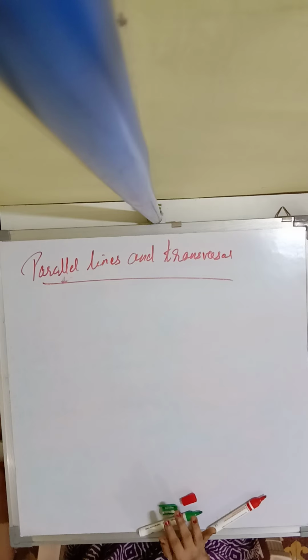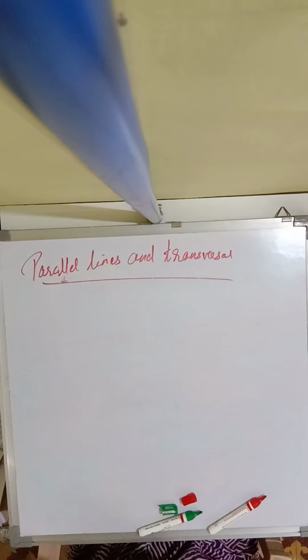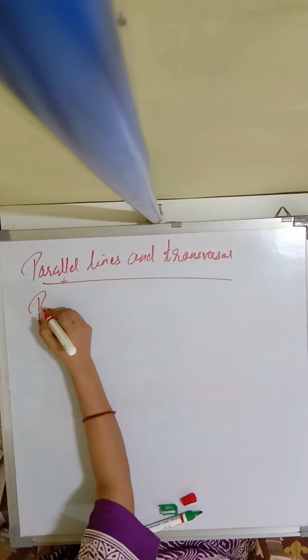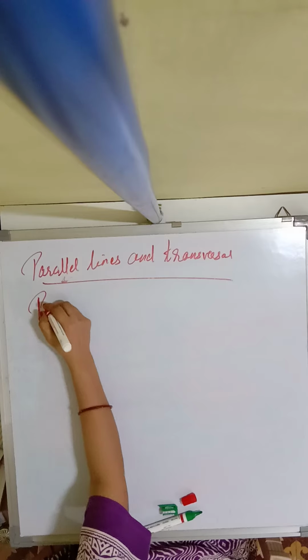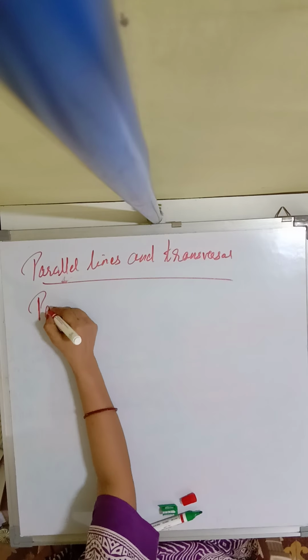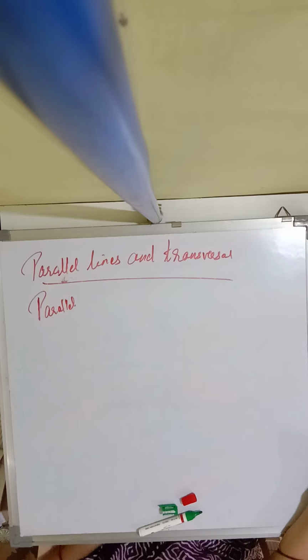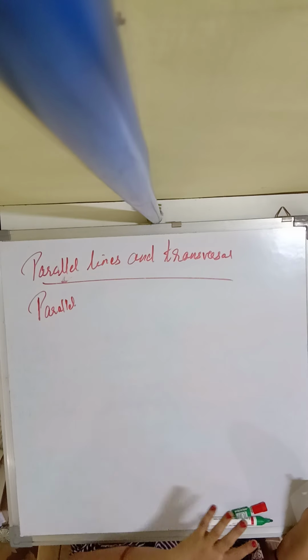Now children, what are parallel lines? You have seen lines, and you have already learned about parallel lines in your lower classes. In 5th and 6th we learned about parallel lines and perpendicular lines. So parallel lines are lines in the same plane which do not intersect. Children, you have seen examples of parallel lines in your day-to-day life, yes or no? Ladders, steps of the ladders, your railway track, all of them have parallel lines.